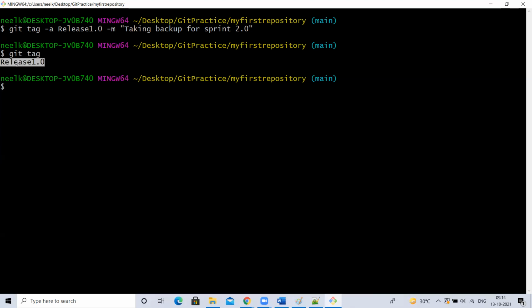Using this release tag, you can create one more branch. Why are we creating a tag? Because even by mistake, someone should not make any changes to this tag. That's why instead of a branch, we are creating a tag. Because they cannot edit it. So using this tag, whenever I want, I can create a new branch, connect to that branch, and do experiments. If everything is fine, I'll merge the changes to my main branch.